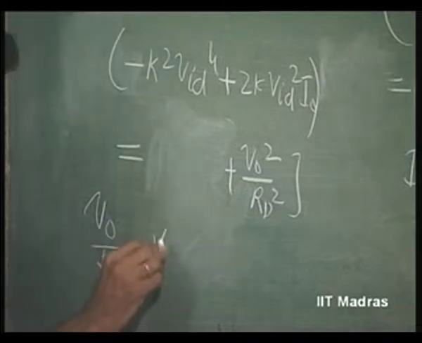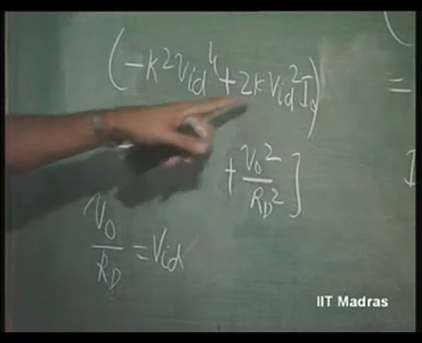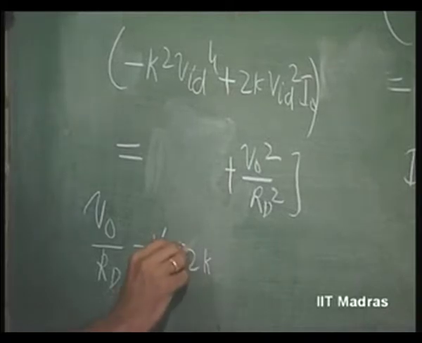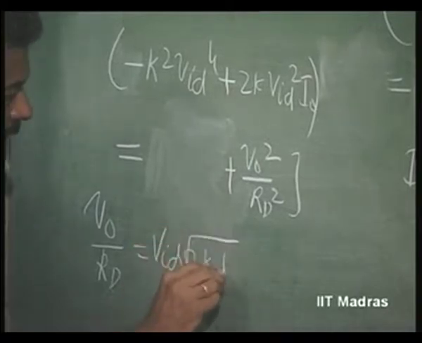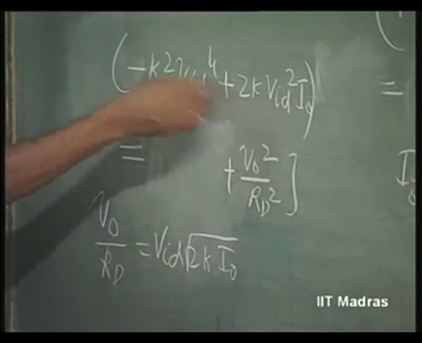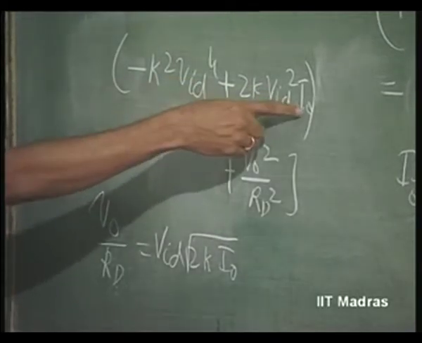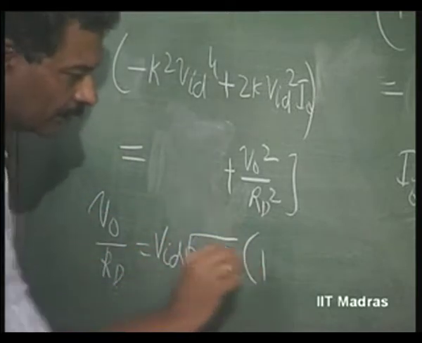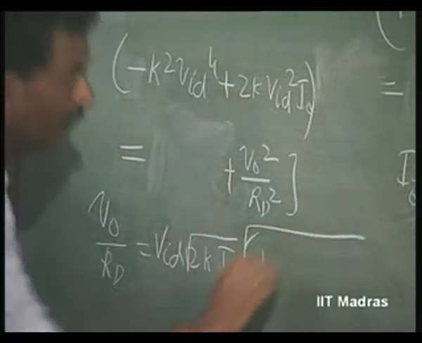So, VID we get, okay, and we will take actually the whole thing out, 2k root of 2k into I naught. When I am taking the root, I naught, 2k root of that into VID, root of 1